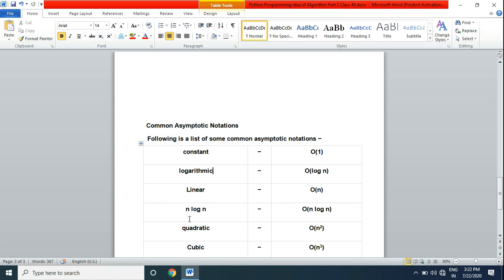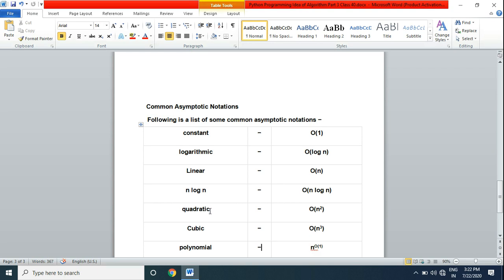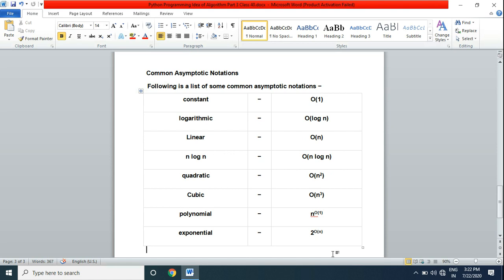If our program is n log n, like binary search, then our time complexity is O(log n). If our program is quadratic, having power 2, then its big O notation is O(n²). If cubic, then O(n³). If it is polynomial, then O(n^k).